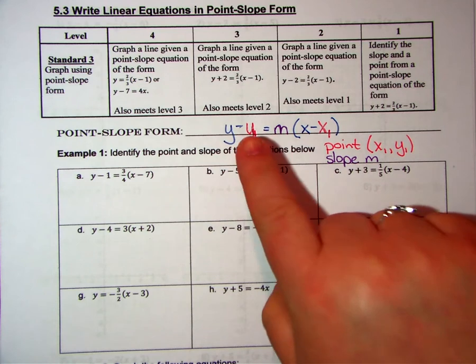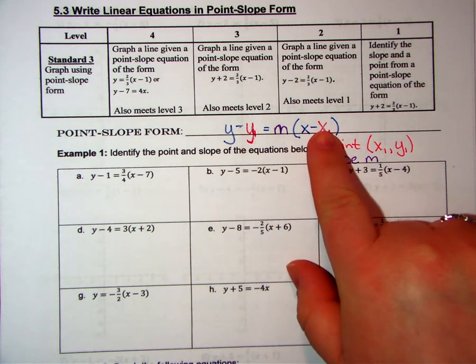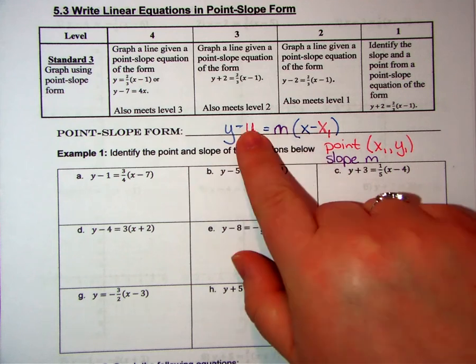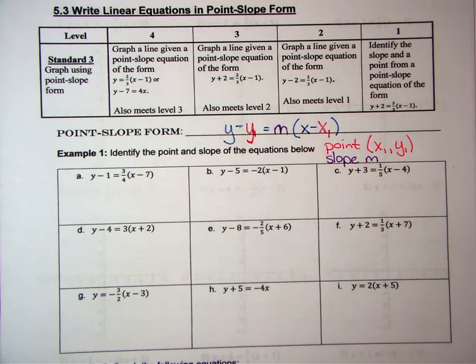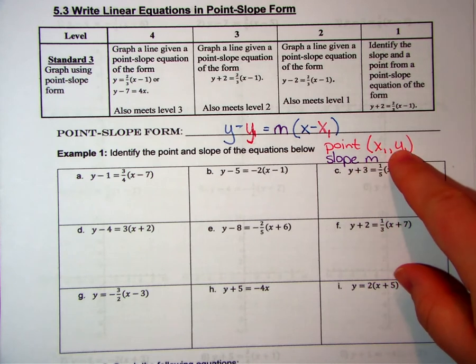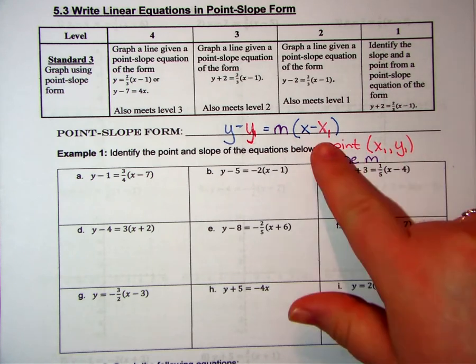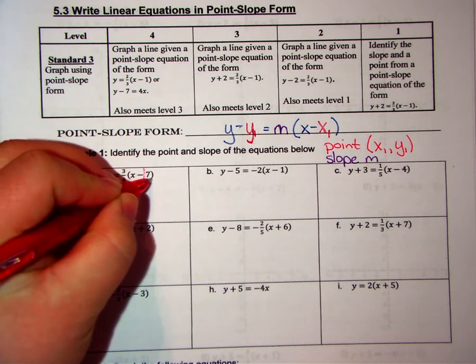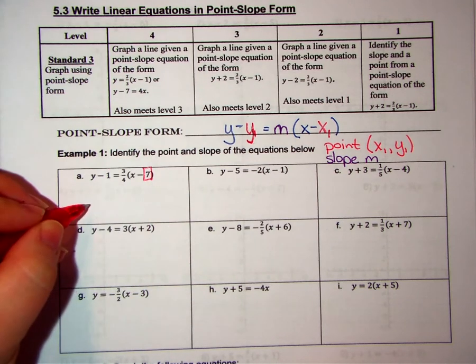Now be careful, because when you look at point slope form, notice that the point has a negative in front of it on both the x and the y. But when we wrote the point, we didn't write the negative. That means that my x and my y values are always going to be the opposite sign of what they appear to be. So my point in this first one is going to be 7,